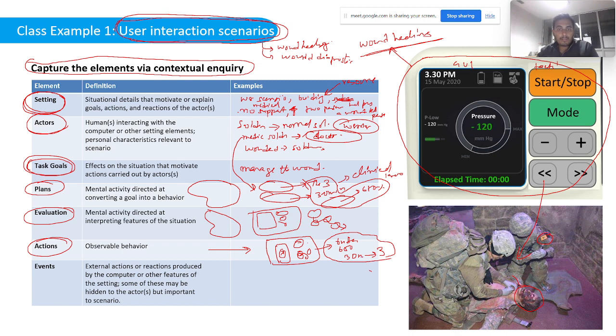So this information can be seen visually. Usability engineering not only tries to capture this visual information, but also tries to capture the mental operations, so that we can reduce those mental operations and give the most simplistic way of performing that particular action. So these are important. That's why I'm giving this particular example, to understand how a particular context changes